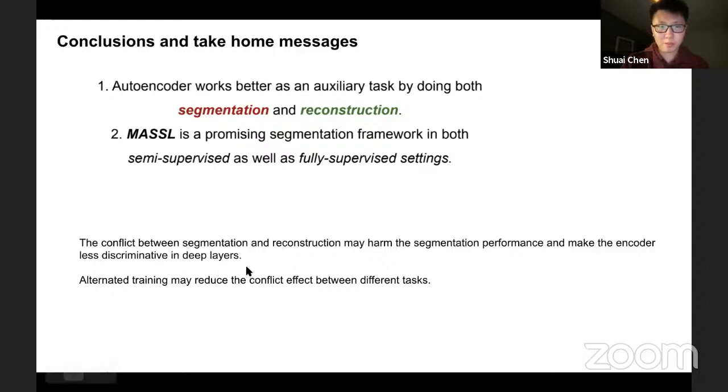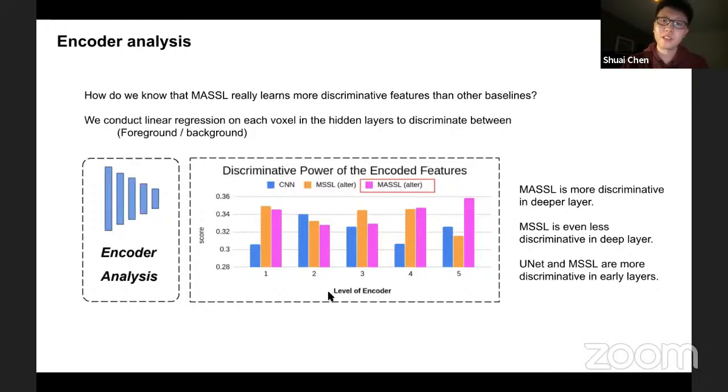There are also some messages that are maybe a little subjective. So I think the conflict between segmentation and reconstruction may harm the segmentation performance and make the encoder less discriminative in deeper layers. This is what we observed in this one. And it should be noted that we only do the analysis using linear regression.